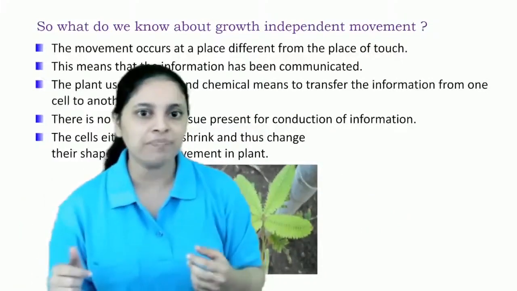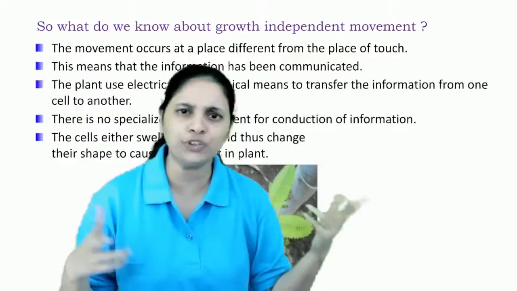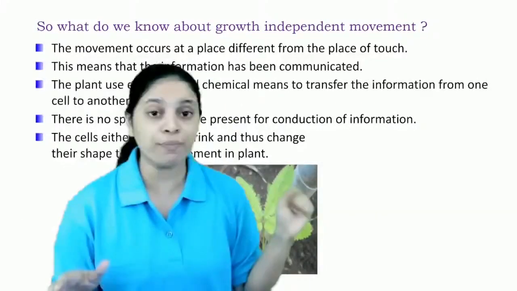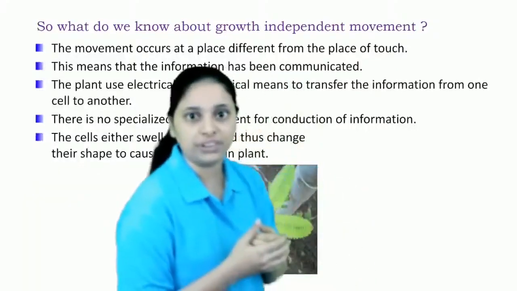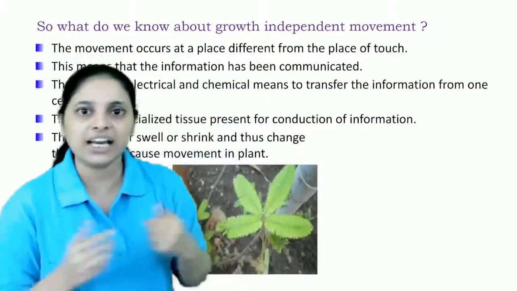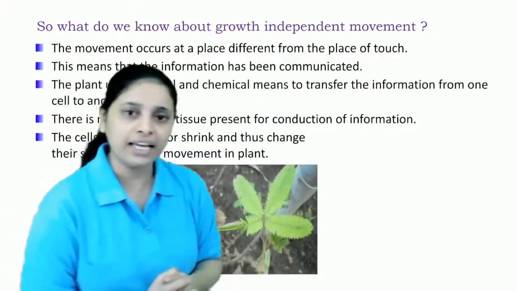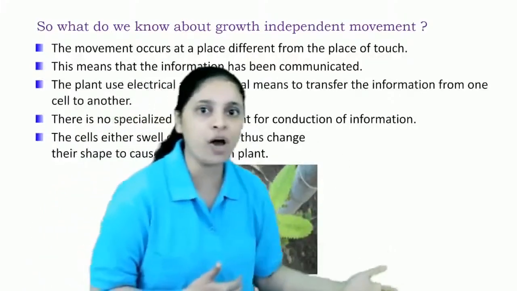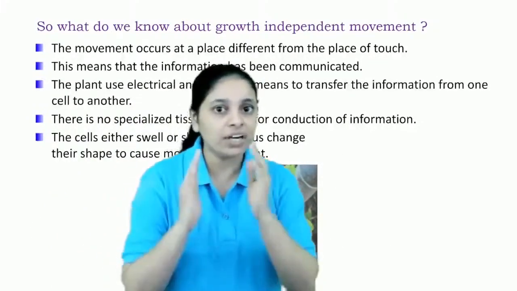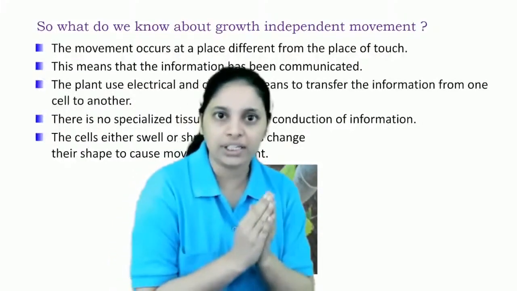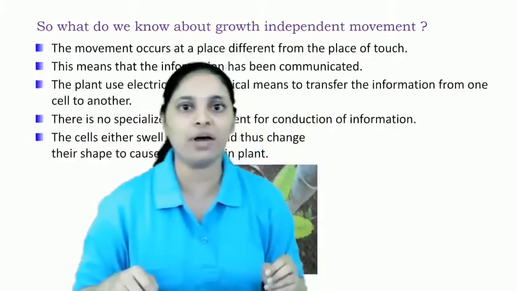So for plants, presence of light, absence of light, or presence or absence of water, right? Stimulus of touch, all these will be bringing out specific responses. In animals, जैसे पिछले क्लास में हमने एक एग्जांपल लिया था, right? If we see a lion in jungle, then definitely we will show a response that we might run away, right? So we understood what is control and coordination and how it is important for proper growth and development of our